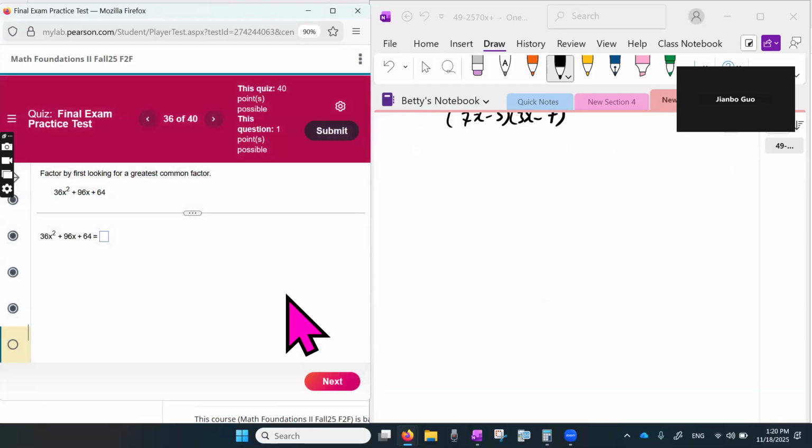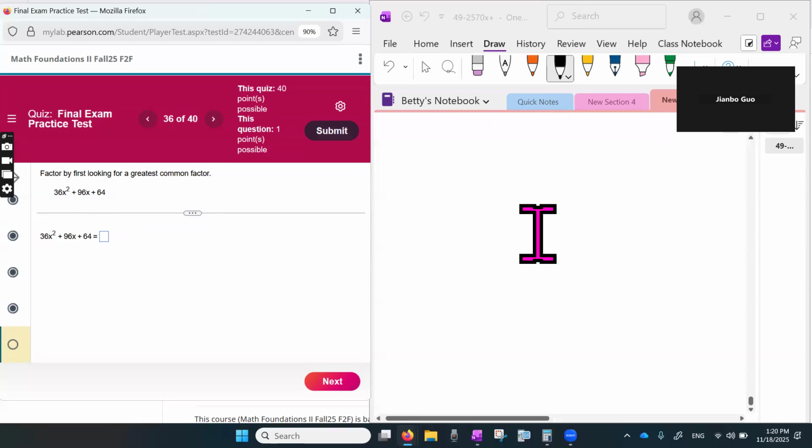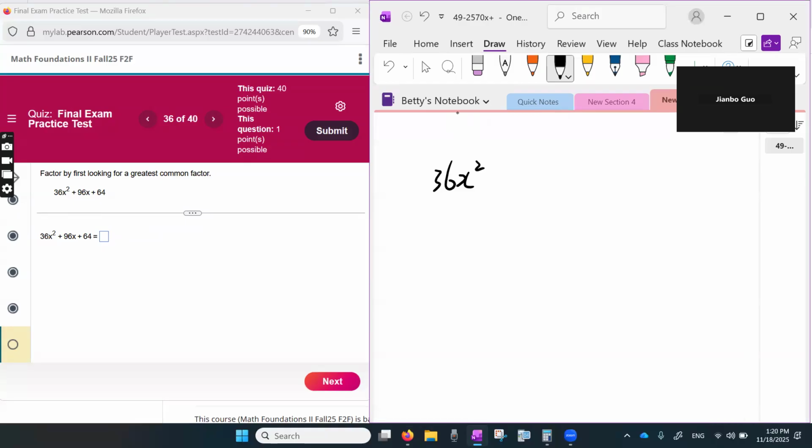Question number 36. Yes, we could factor out the GCF, and we should. We should always do GCF first. When I see this trinomial, I see GCF. It's 4. Let's factor 4 out. This is 9x squared plus 24